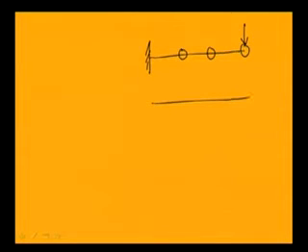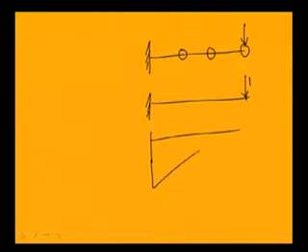I can consider this as a cantilever beam with 3 masses, 1, 2 and 3. When a unit force is applied here, I can find the displacement at this position, and that can be obtained by drawing the bending moment diagram. The bending moment diagram will be like this, with length 3L. To find A11, one can find the area of this diagram.